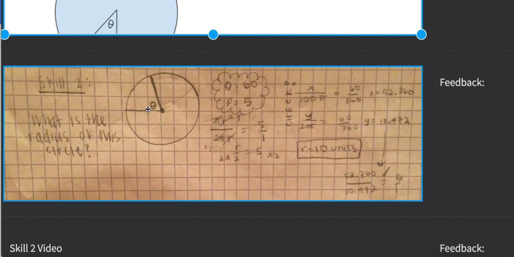So theta is equal to 60, the entire circle is going to be 360 degrees, and x is going to be your area of this sector. And so then we solve for x, we get around 52.36, and then we do the same thing with circumference,